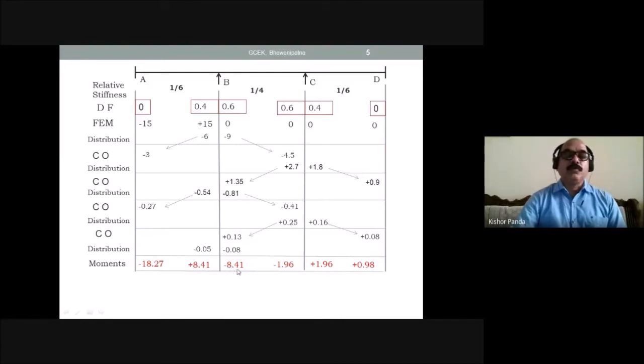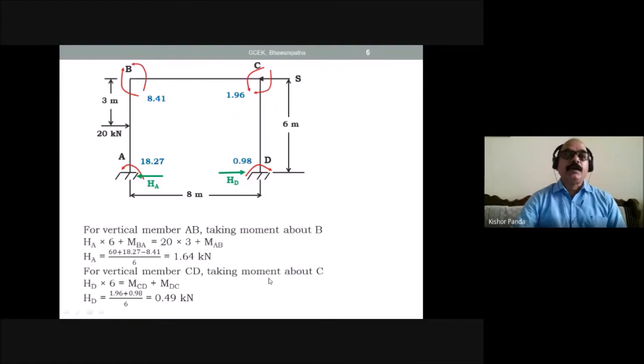Then what do you have to do? You have to find out this force S. The restraining force, you don't know this value. So you have to find out this restraining force S, so that non-sway takes place. How will you find out this restraining force?